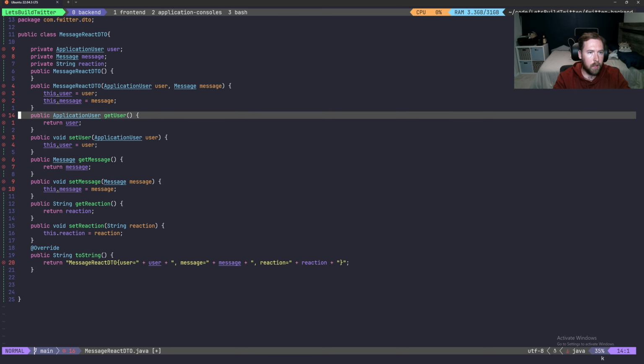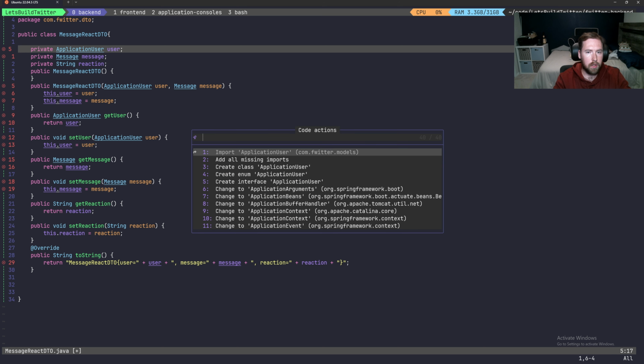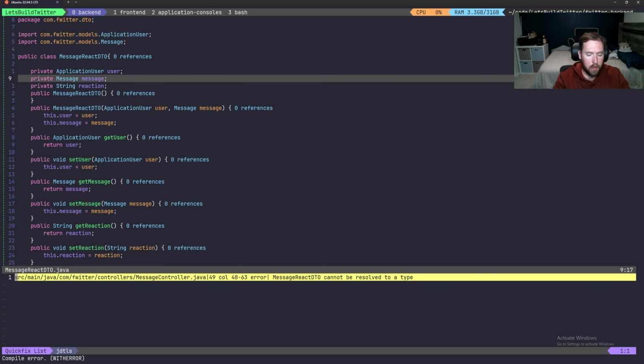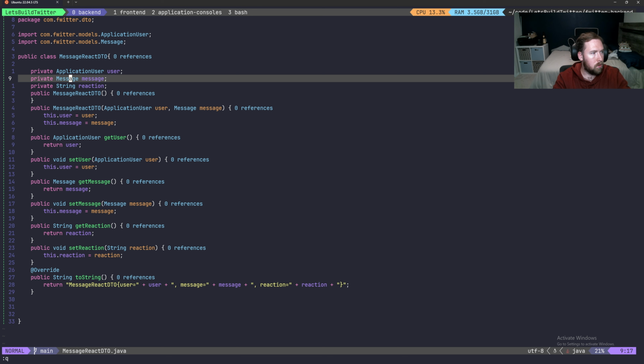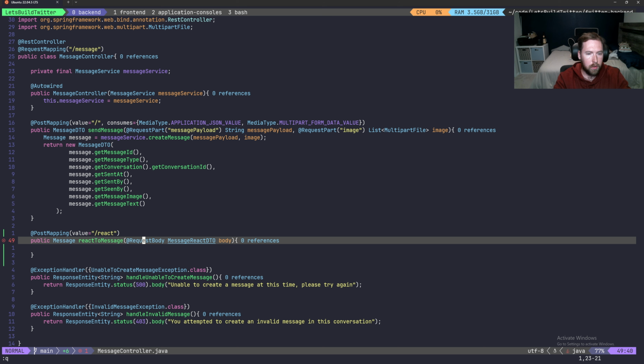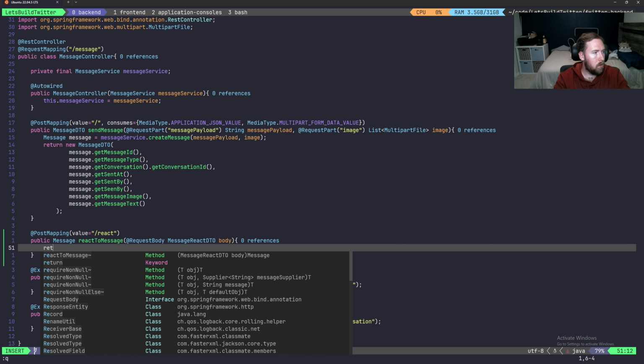And then let's also go ahead and bring in our application user so it stops complaining, and our message so it stops complaining. And it's gonna complain because this guy's broken. So let's go back into our MessageController to get that fixed. So now inside of our MessageController, let's go and import this guy. He should be happy now, and we can return